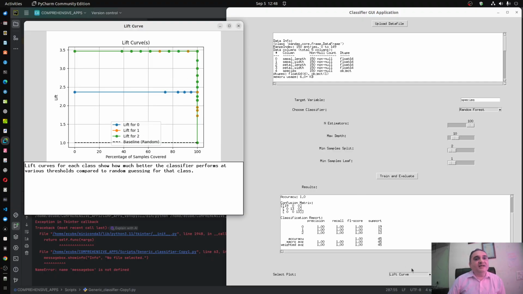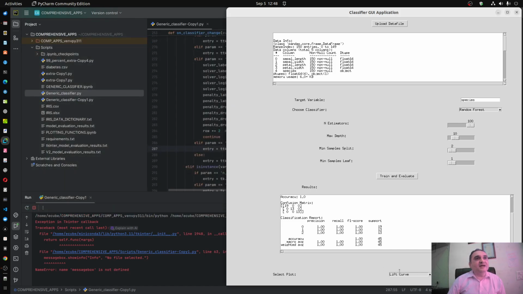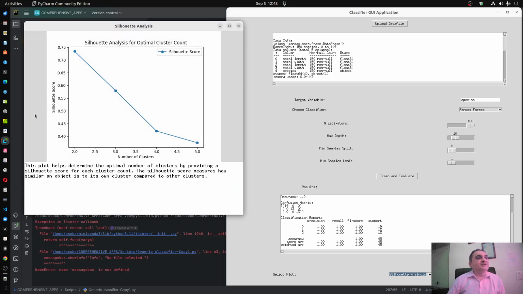Okay, then I close this and go to silhouette analysis. Now you can see again how many clusters should form. Ideally this is a three class classification, so as I showed on that map, the three classes should be separated easily.